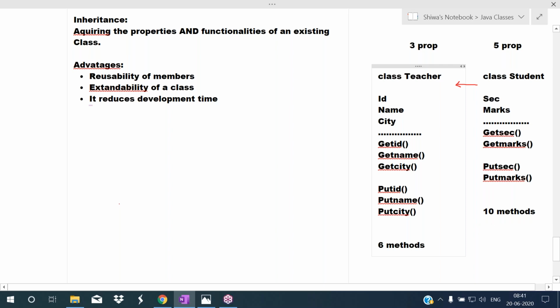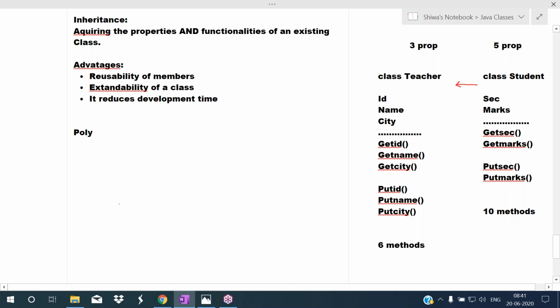So automatically it reduces the development time. We just establish the relationship between the classes and use them, so so much development time will be saved. This is an excellent feature of the OOPS concepts, that is the inheritance concept. I hope you understood about inheritance.